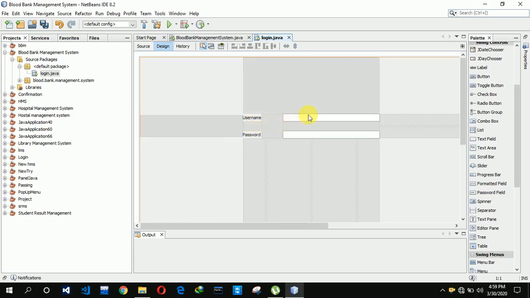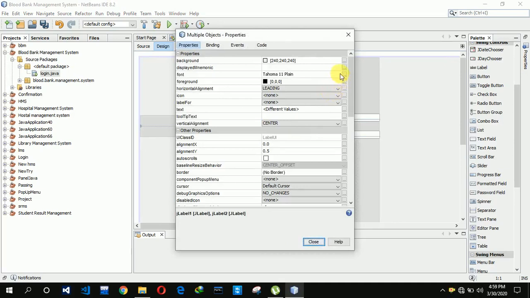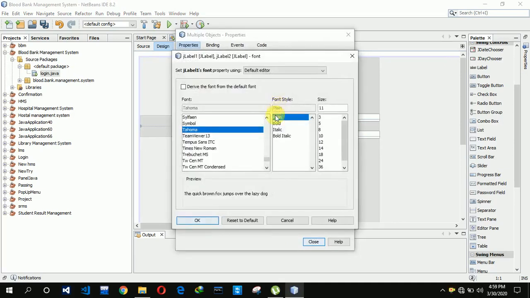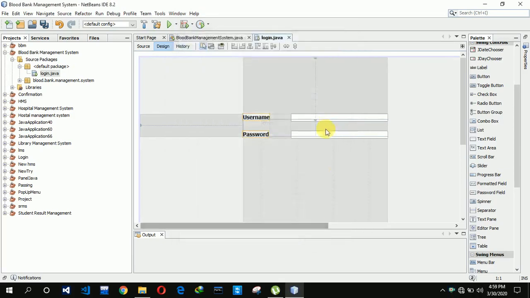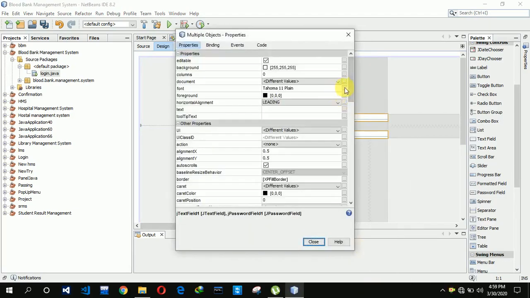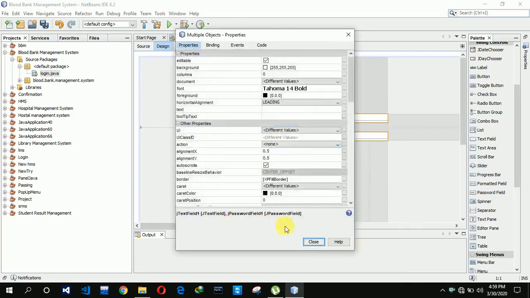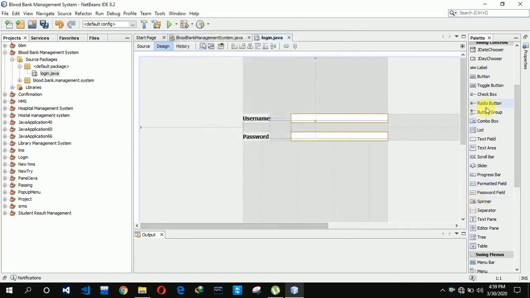After that, we are increasing the size of both username and password to bold 14, clicking on OK, and closing this application. We are also increasing the fields size, making it bold 14, clicking on OK, close. And here we also need buttons, button 1 and button 2,